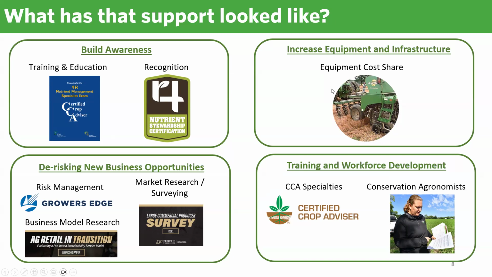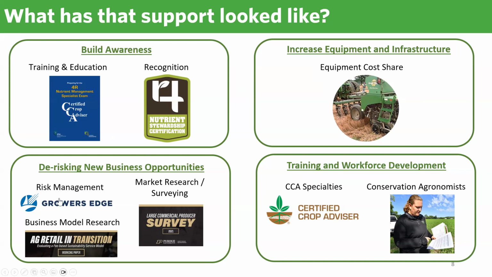We are supporting retailers and co-ops to buy equipment so that it can be shared across their farmers. TNC is supporting about 20 to 30% of the cost, like a no-till drill, for example, and then that can be shared with the farmers at cost, but cheaper with their farmers. We also, when I talk about de-risking new business opportunities, had a project with Growers Edge